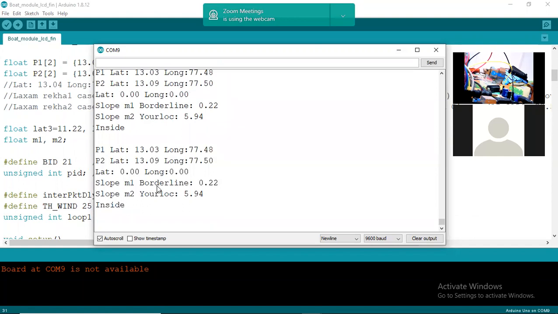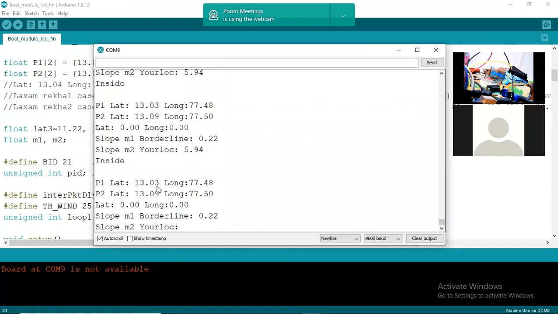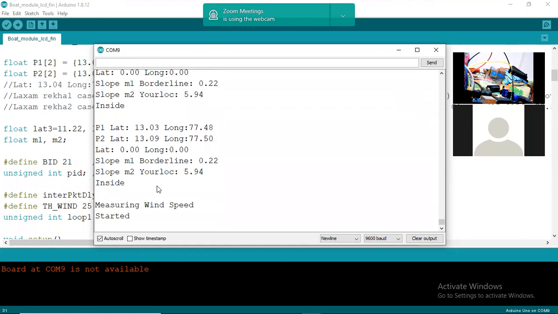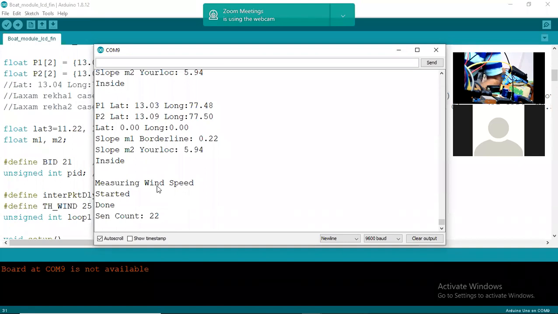So it is inside only. Okay, so the wind sensor will do. I'll just show you. So this is the wind sensor now. So measuring wind, I'm just making this fan move. See, 22.